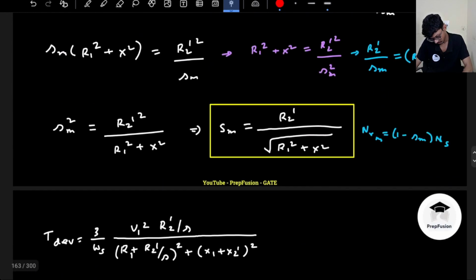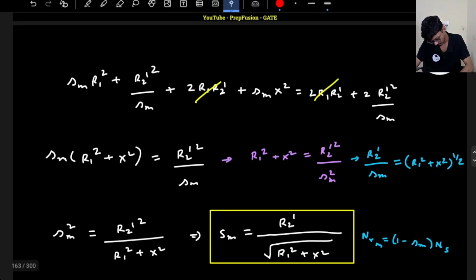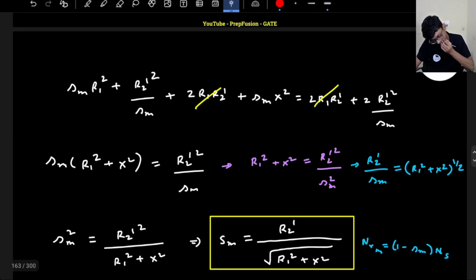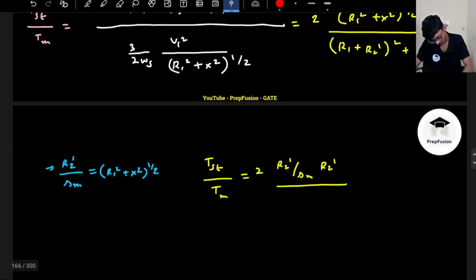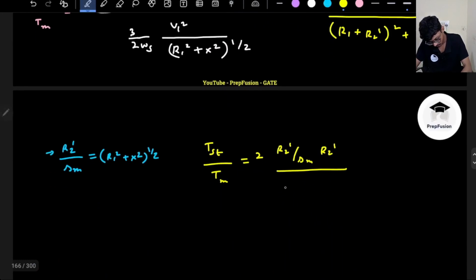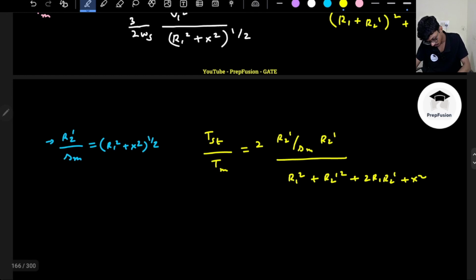So what is R1 plus R2 whole square? Do I know any relation here? R1 plus R2, this is R2 dash. Okay, let me do one thing. This is R1 square plus R2 dash whole square plus 2 into R1 R2 dash, plus x square. So now what I'll do is I will try to simply